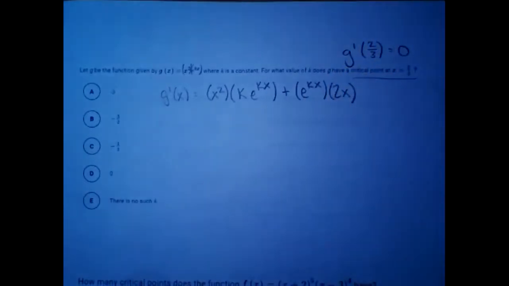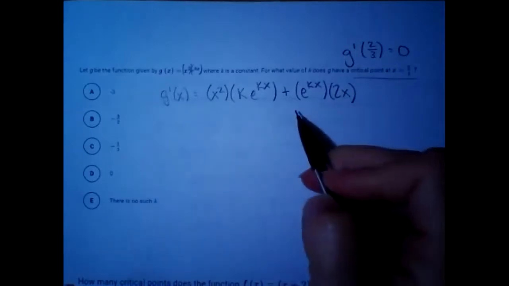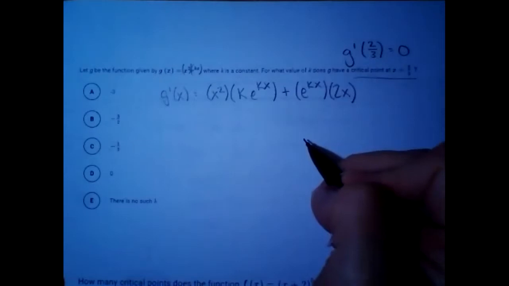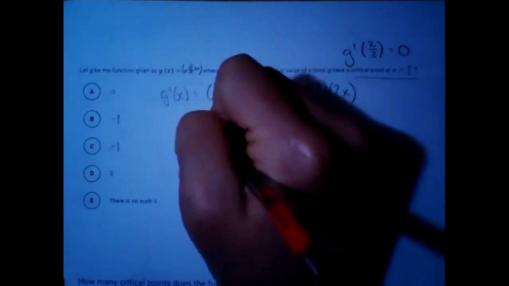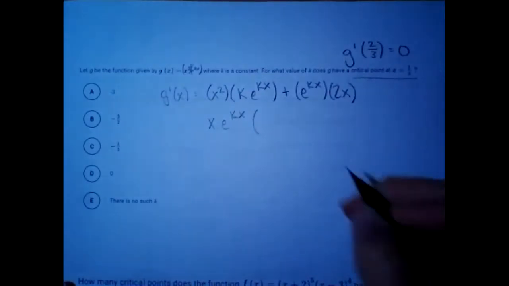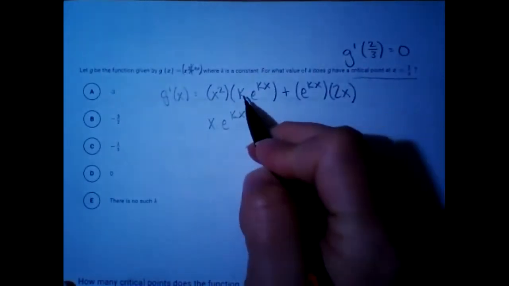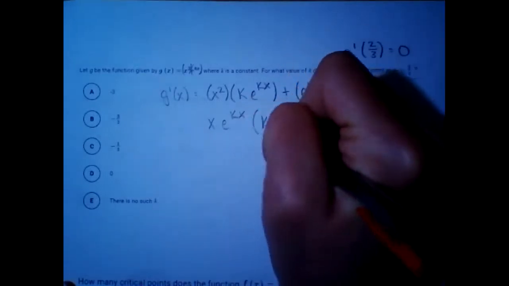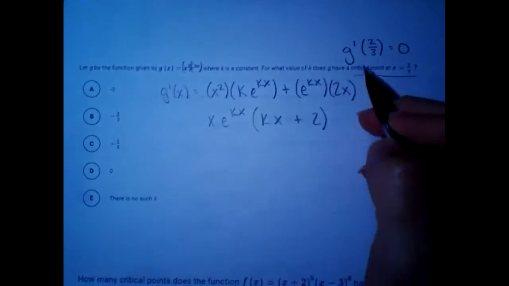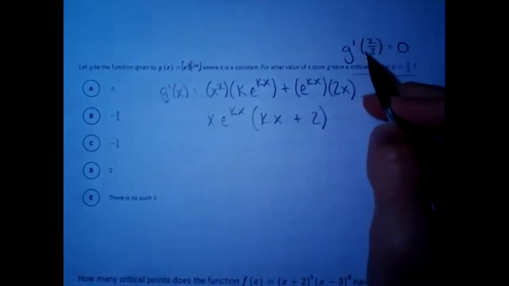I'm going to factor that. We can factor out an e to the kx. Obviously, they both have those. And then we can also factor out an x. So that is my greatest common factor. When I take that out, I'm going to be left with kx plus 2. And so what we want to do is we want to plug in 2/3 and set this equal